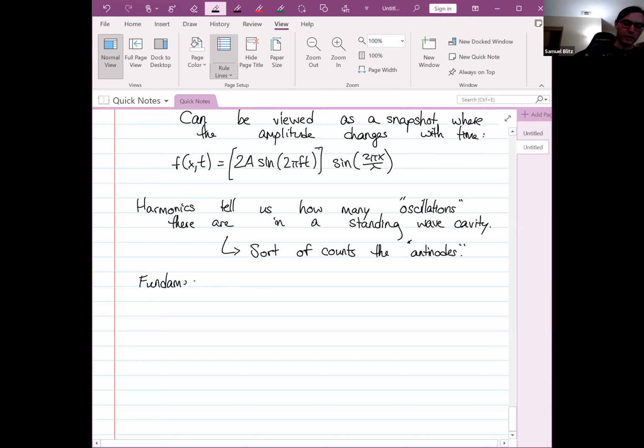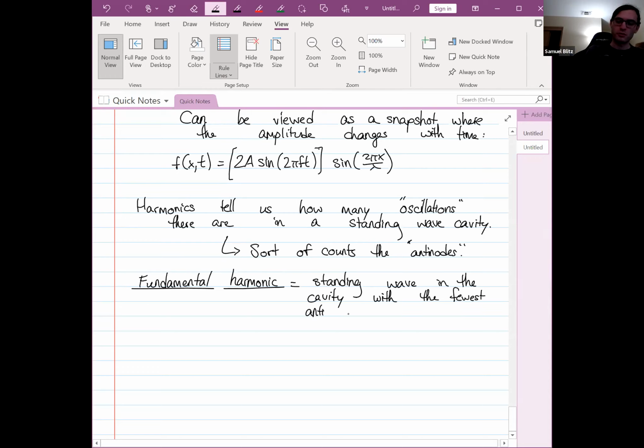The fundamental harmonic is the standing wave in the cavity with the fewest antinodes, or with the fewest bumps. Antinodes, by the way, are just bumps. And the nth harmonic, so you might say the fifth harmonic, the ninth harmonic, whatever, the fourth harmonic, is just